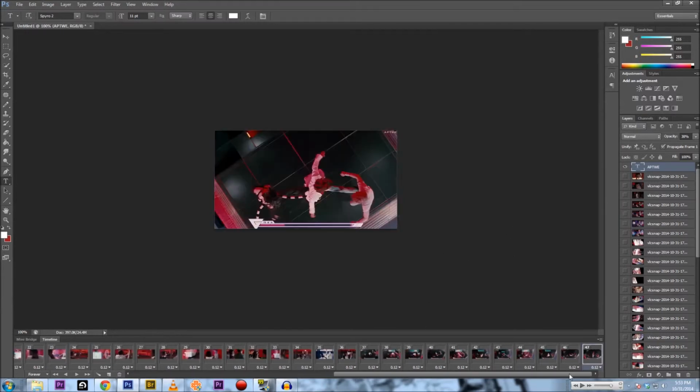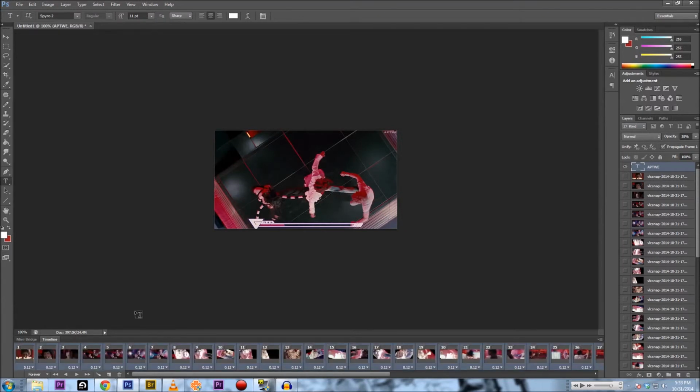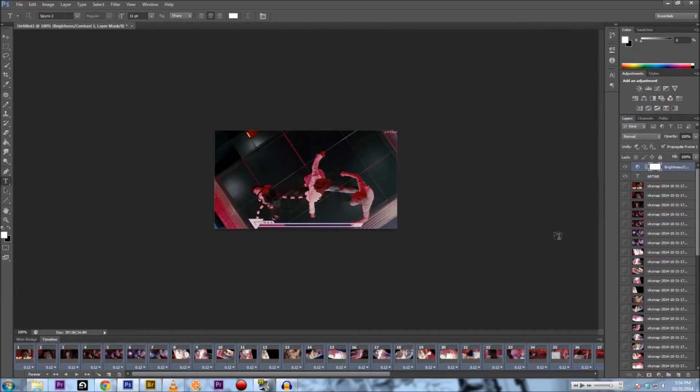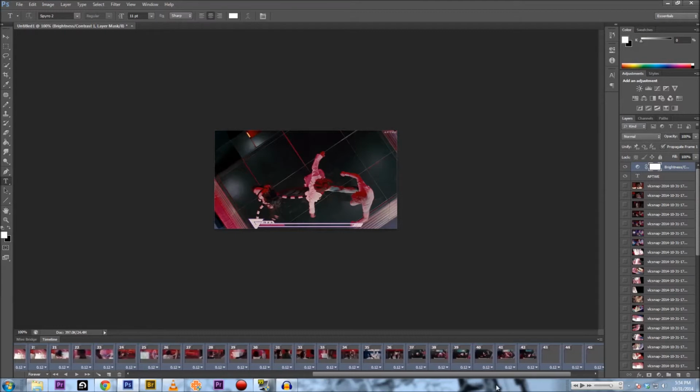And also, if there are colors that are too hot, like this pink, you can go to brightness, contrast, and then bring the brightness lower or bring the brightness higher. That'll also change a little bit based on your colors, but usually you go to like -11 for each one, and that helps a little bit, but not too much. The most thing that helps is you taking frames off. So yeah,